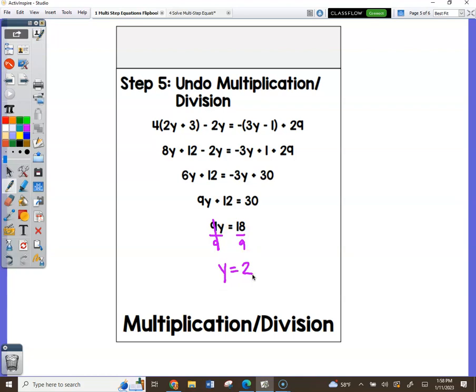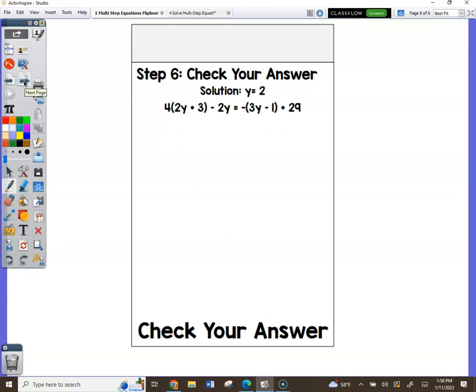And you get 2, right? Okay, which brings us to the very last page, which is check. It says check your answer. Here's what I want you to write on here. For the whole check your answer thing, you're going to